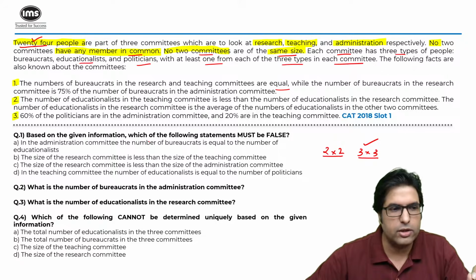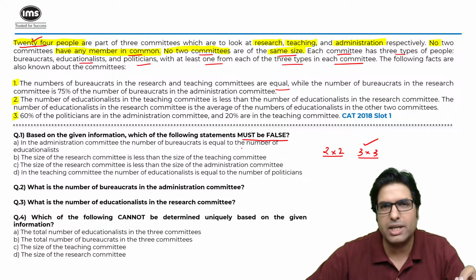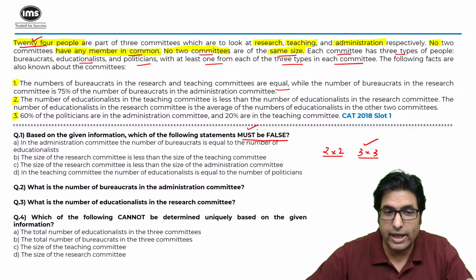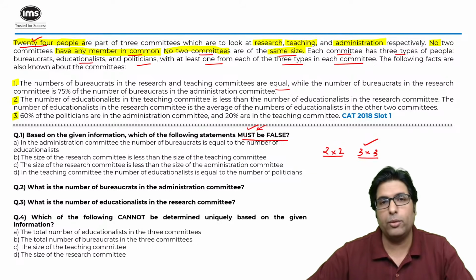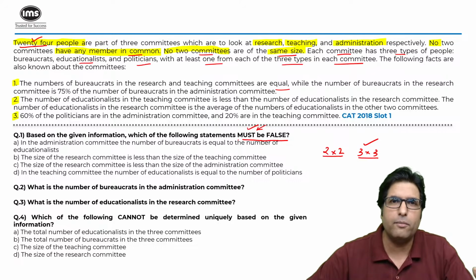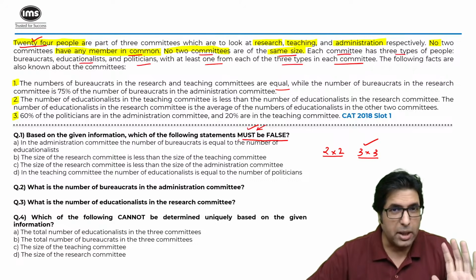If you look at the first question, based on given information, which of the following statements must be false? So definitely it has to be false. It cannot possibly be true. It has to be false across all scenarios, and therefore it is giving you a hint that there could be more than one scenario. So it could be a good hint for you that if you are not able to solve it completely and think of multiple possibilities of scenario, it might be okay because the question has certain extra